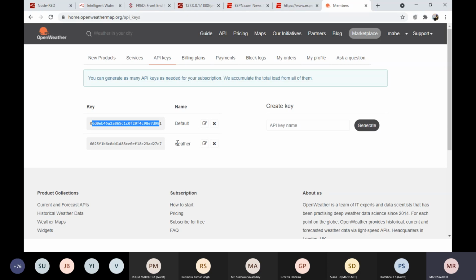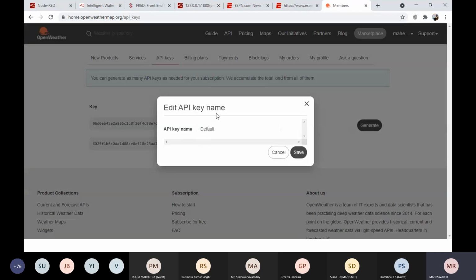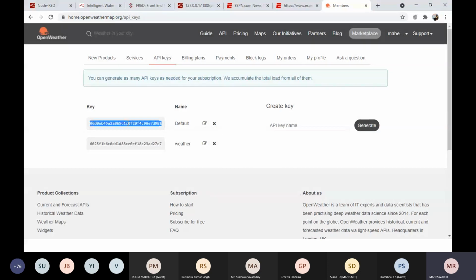You can use this API key for this. You copy this, you can click this option to copy your API key. If you want to edit your API key name, you can edit it. You can copy this and make yourself ready with the API key.